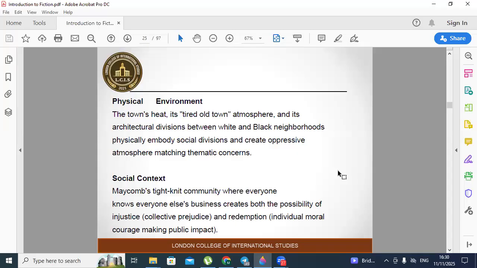Understanding how Lee uses setting helps readers appreciate how place and time aren't merely containers for action, but active forces shaping everything that happens. At the same time, the same story couldn't unfold the same way in a different time or place. Setting and story are inextricably linked.